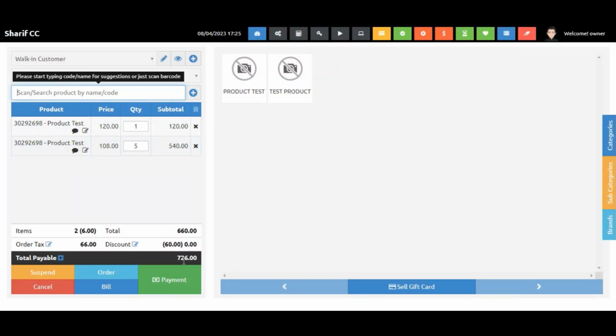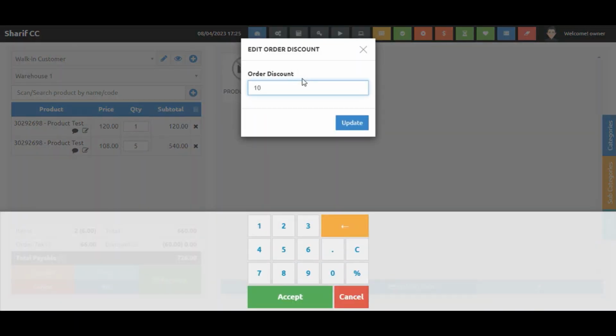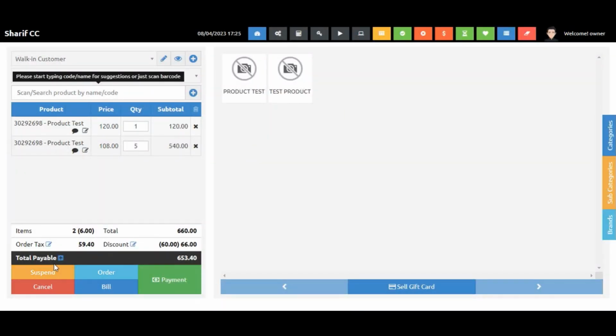Like our total bill is this, or I want to add a discount on my total bill, so I can add the discount on my total bill. Okay, also, if you can print the order bill, you can cancel it, and you can suspend the